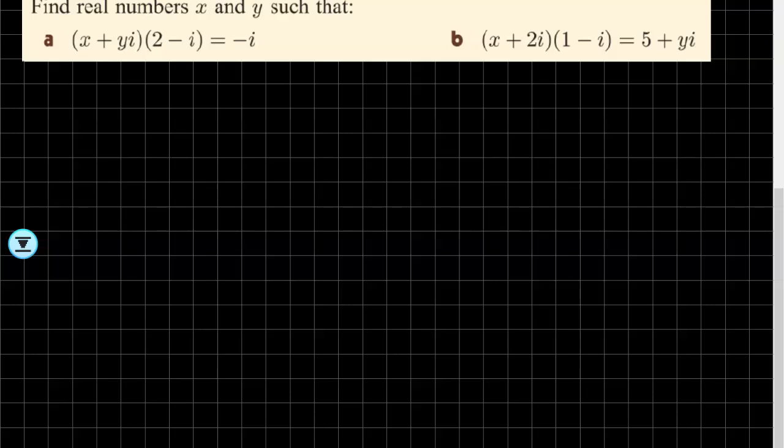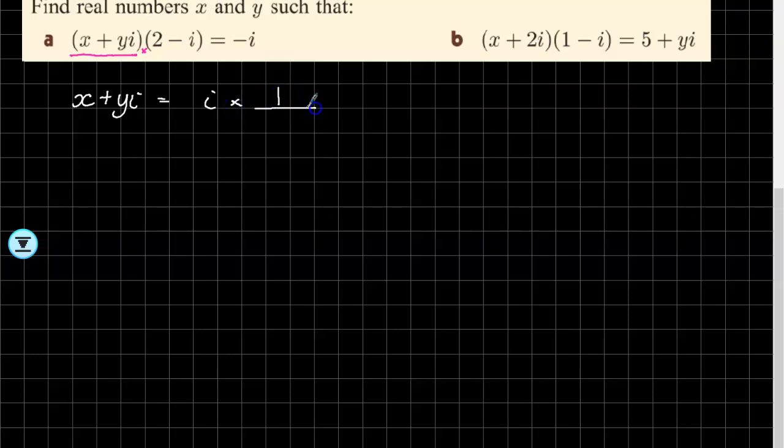Don't poke the bear. All right, so we want to find real numbers, x and y. As I said, this is in your textbook with the example. The first method they do works only for a few situations. What they do is they go, well, we want to get x and y by itself, so I'm going to get rid of this times 2 take I. And how can we get rid of a times 2 take I? You're going to divide by 2 take I. And you go, well, that's really good. So it'll be x plus yi, and we end up with I